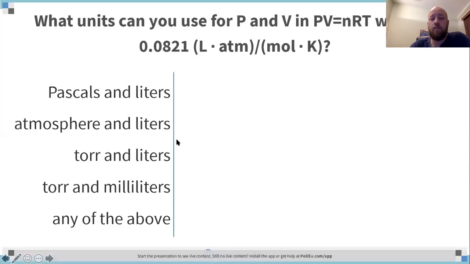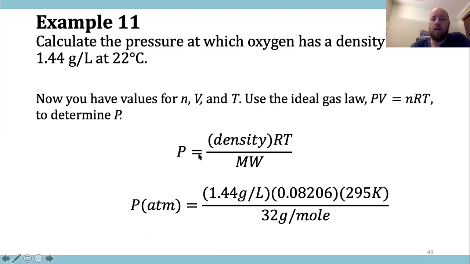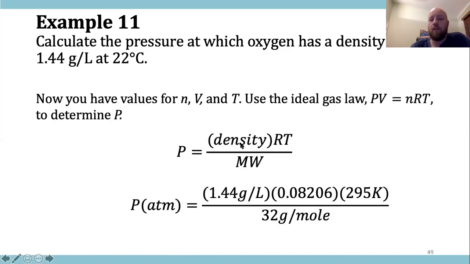If I'm solving for pressure, I'm going to bring everything out from the pressure: divide by the molecular weight, multiply the R, multiply the T. We have all of these terms. The only thing we're missing is the pressure,